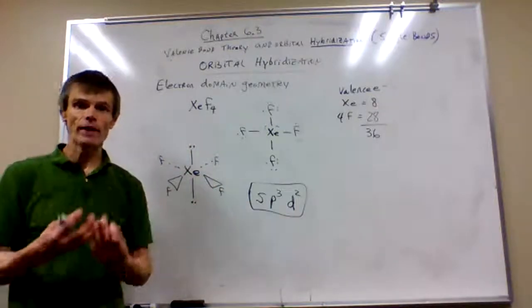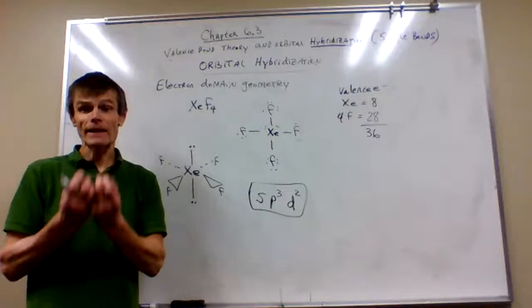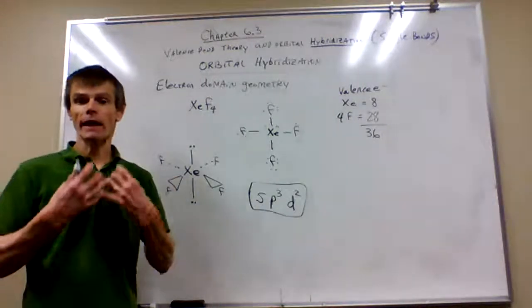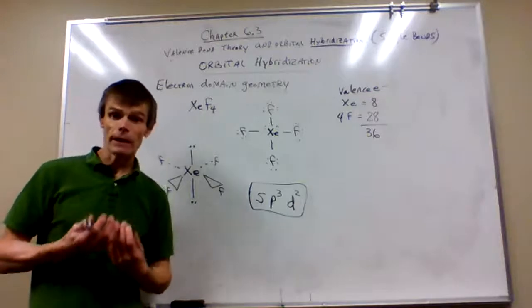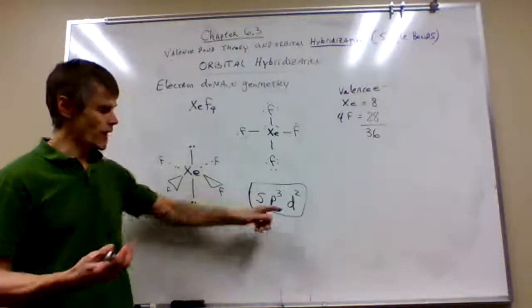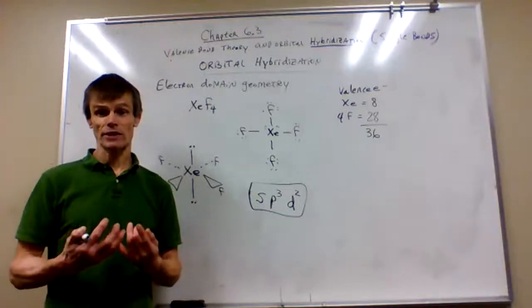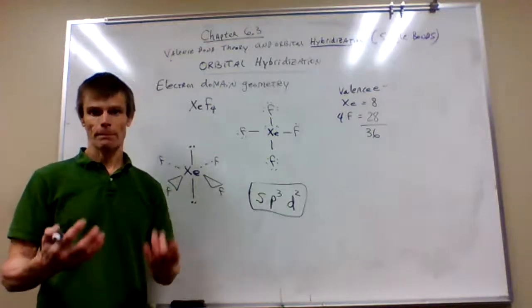And remember, we said that that was one of the ideas behind why inert gases can participate in bonding. They have available d orbitals, and they can be involved in the hybridization schemes that we're predicting based upon